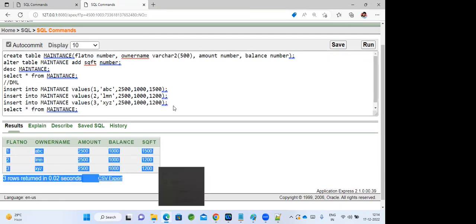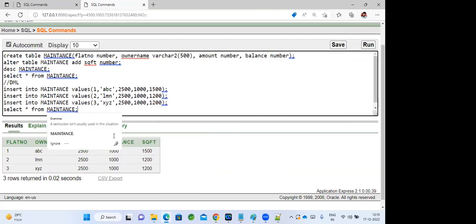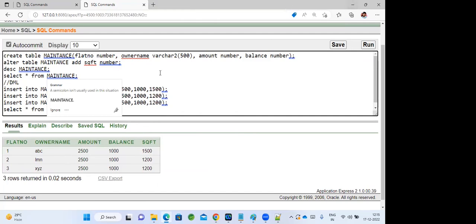You can see this data, which is inserted into your table: flat number, owner name, amount, balance, square feet. 3 records we inserted, 3 records safely saved here. Nobody can delete this data without the software. If they have software access, they can see this data. Otherwise, they can't. If it is a text file, maybe small kids during playing in your laptop, they may delete your text file